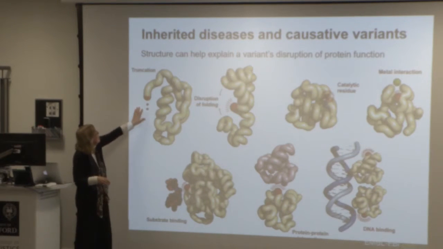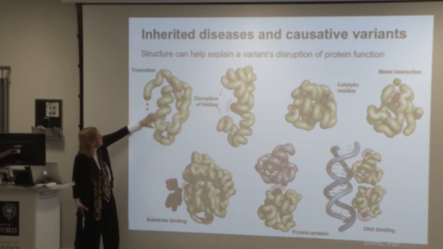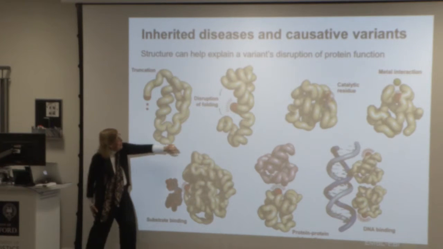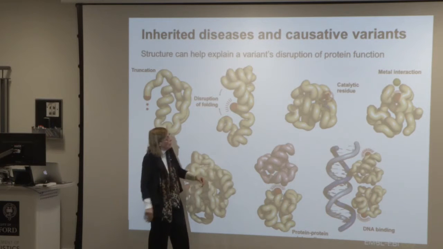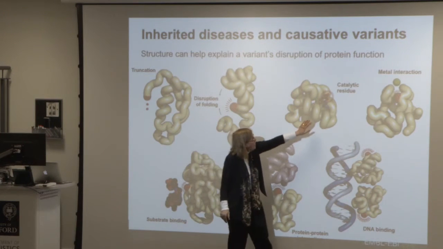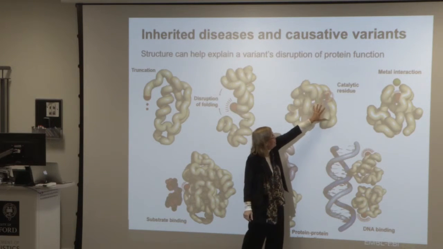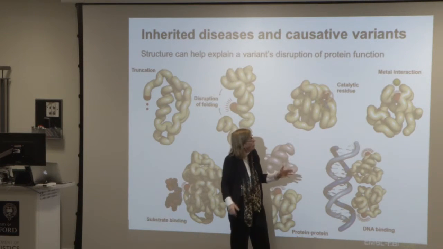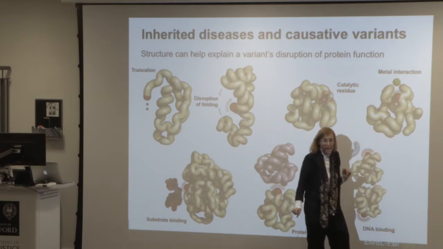So here we've got some of those variants lead to a truncation. This is like a protein chopped in half with the blood coming out. This is Roman's pictures, I should say. So you can truncate the protein. You can have a variation in the middle that causes the thing to disrupt and unfold. You can have a variation at the heart of the enzyme, the residue, and that can cause the enzyme not to work. You can have a variation near a metal binding site so that the metal doesn't bind anymore, and